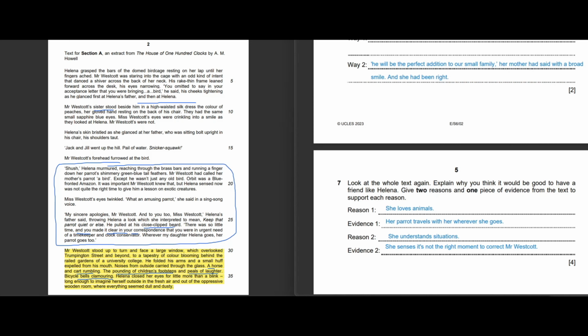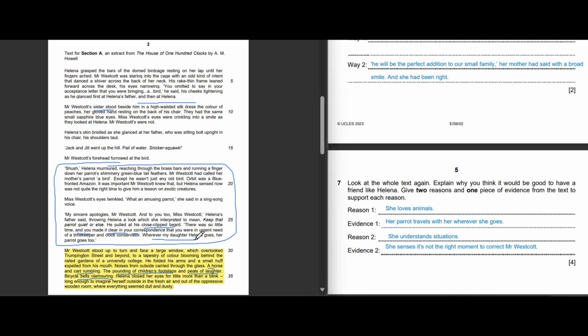Okay, we see in here reason 1, she loves animals. We can see that wherever my daughter Helena goes, her parrot goes too. So she loves animals, her parrot travels with her wherever she goes. Reason 2, she understands the situation. The evidence is she senses it's not the right moment to correct Mr. Westcott. So here, you see from here,